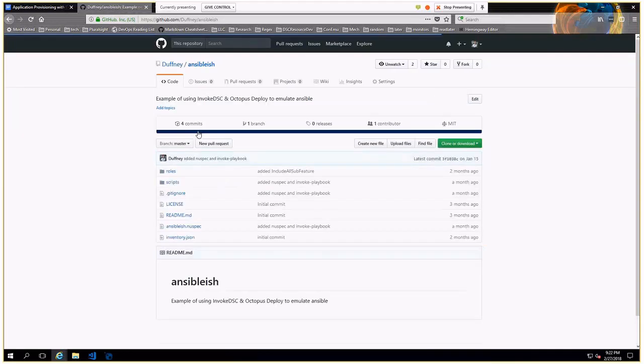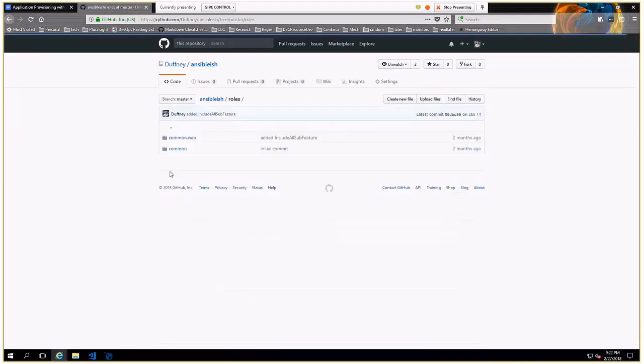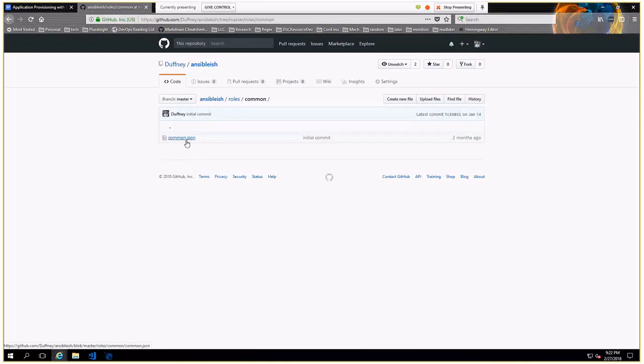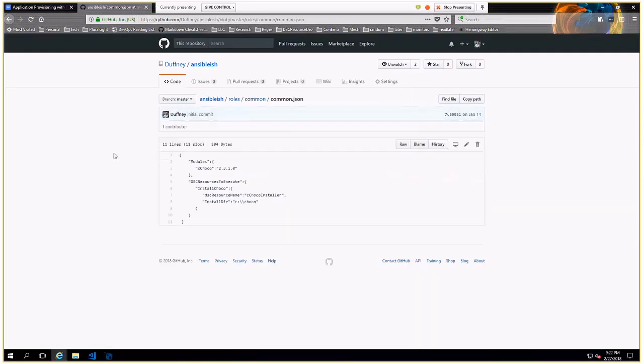So if we go back one layer and we go into the roles folder, you'll see that we have the common.web and the common. If we go into these folders, you'll see a configuration document just like the IIS one that we showed at the beginning of this demo. And this one's super simple. It uses the cchoco module, and it installs Chocolatey to cchoco. That way I can install VS Code or